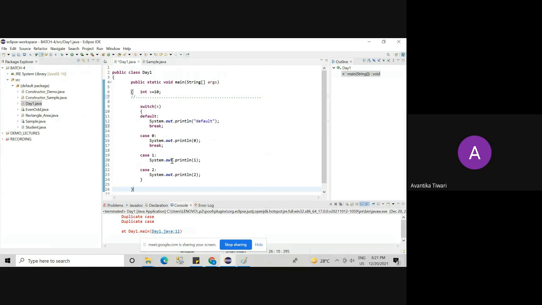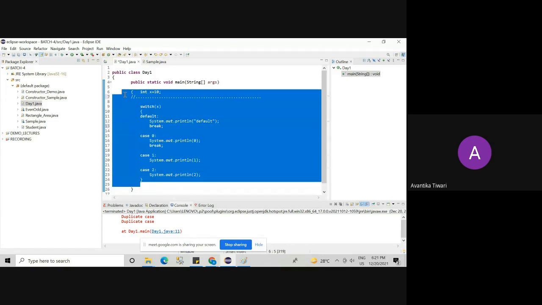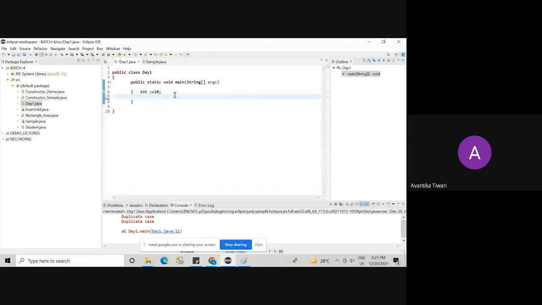So let's see some programs. Let me bring changes in the same code. I will write some statements and you tell me the output. Int a is equal to 10 and b is equal to 20.